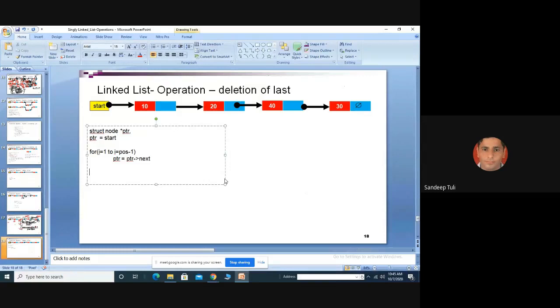Next what? Free PTR. No, sir, we need to store the value which we need to delete. Obviously, free will always be at the end. Keep that in your mind. Always do free last. Even if you write free as the very last statement, it will work, because free is there only to free the memory. It is not the logical part of your program. If you do not free the memory, it will still work. It is not part of your algorithm. Okay, now tell me what.